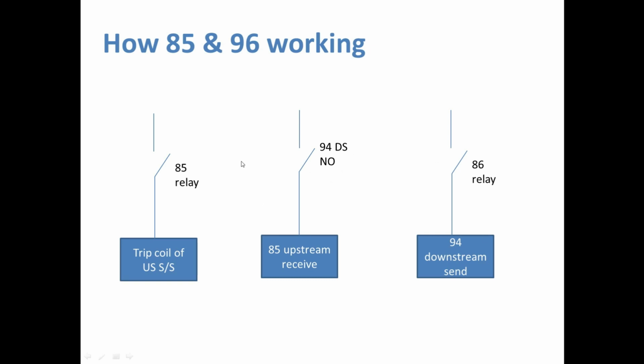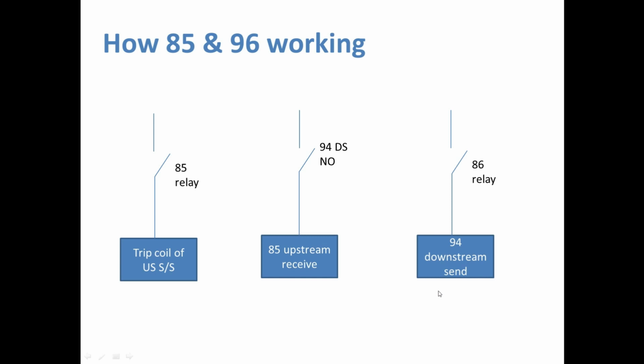See here, downstream there is a short circuit fault or any fault. We know that a fault is indicated through the master relay. When any fault happens, the master relay will be closed. Once the master relay is closed, it means the particular switchgear has tripped. So we can take that NO contact from the master relay to confirm the particular switchgear has tripped. That master relay positive supply will be connected to the 94 intertrip send relay coil supply, so the intertrip coil supply will activate.